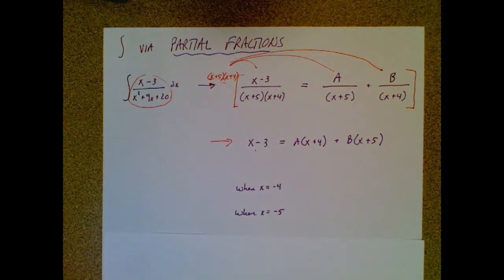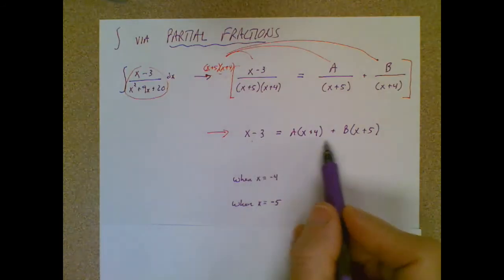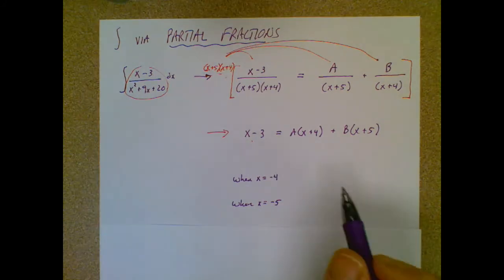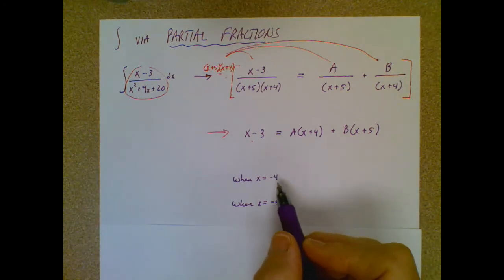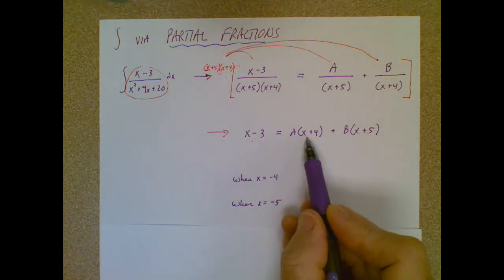Different people probably have different ways of getting this done, so here's what I do. In this equation, I want to find out what my A and my B could represent, or what their number values are. So I do this thing. If I plug in x equals -4,